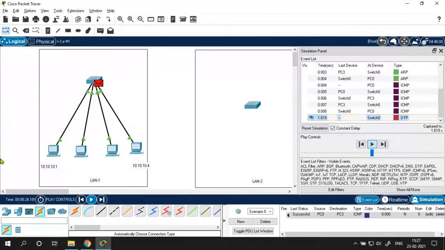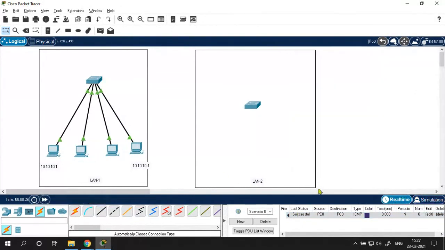So this is how, the second time, the switch has learned the IP address and MAC address. It is storing the MAC address of all the devices. All right. So delivery is successful. Let's stop this simulation.